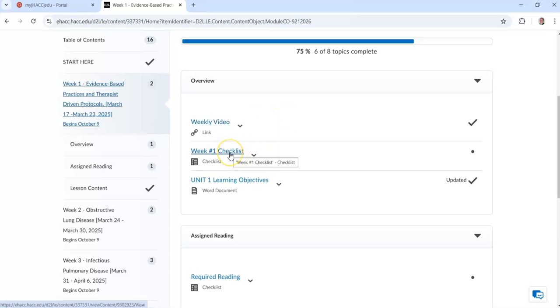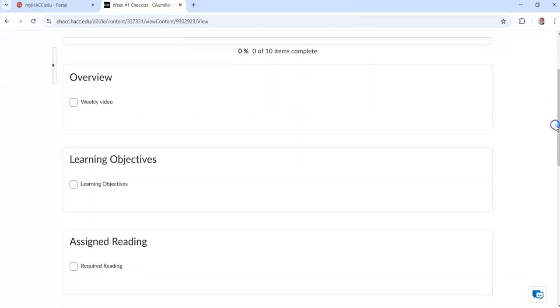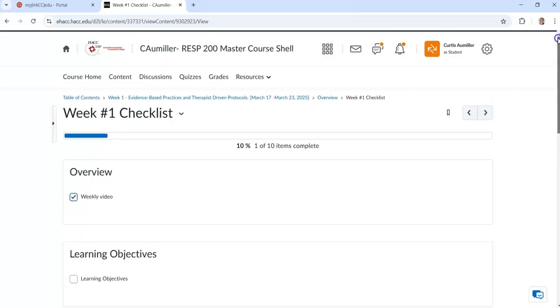Then you're going to click on the checklist. This checklist is very helpful for you to make sure that you don't forget anything. So you're going to be able to click off things that you've done once you watch the video. Once you've reviewed the learning objectives, you've done your assigned reading,